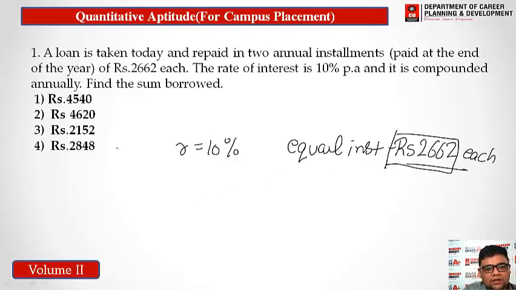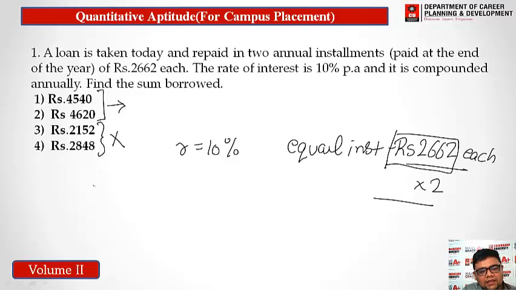Let us see how. Now if there is an installment of 2662 each, we have to multiply this by 2 as we are paying in 2 years. So now the answer will not be options 3 and 4, as the installment itself is 2662 for the first year. So that will be greater than the third and fourth option. Obviously the amount will be greater than the sum that we have taken. So our answer will be from the first and second.